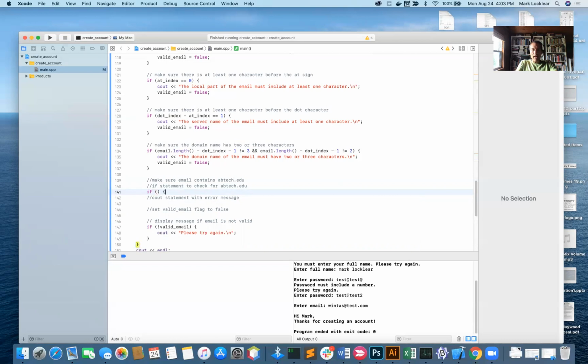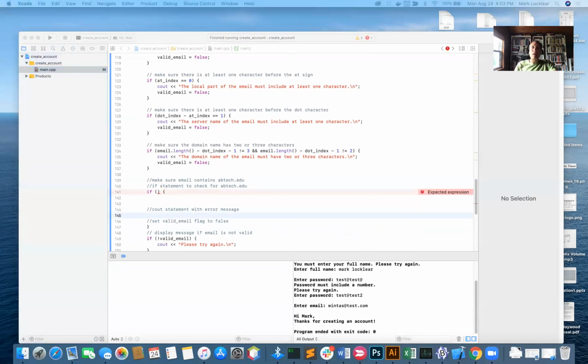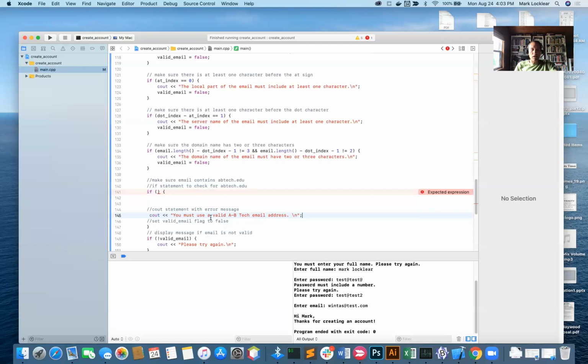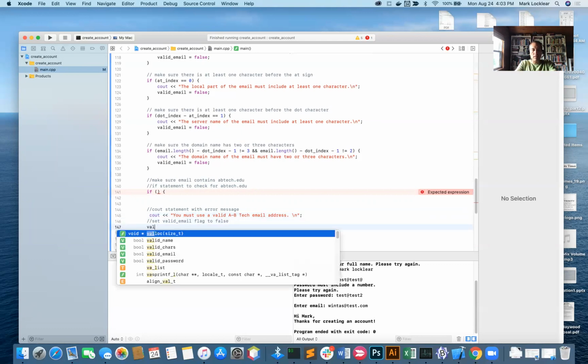And then if that is true, or we could do a not statement, it could be false, then I'm going to come down here and close my curly braces. Our cout statement is going to say something like, and of course I've already got this figured out off camera, you must use a valid abtech email address, and then of course valid is going to be false. So I'm going to do valid email